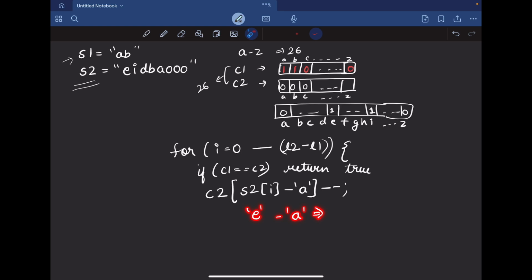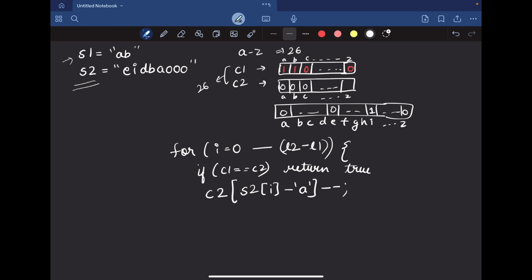So it will give you 4. So this will basically subtract the ASCII value of 'a' from E and you will get the value as 4. So it will do C2[4]--. So this was 0th index, this was first, second, third, fourth. So here this will become 0 now.